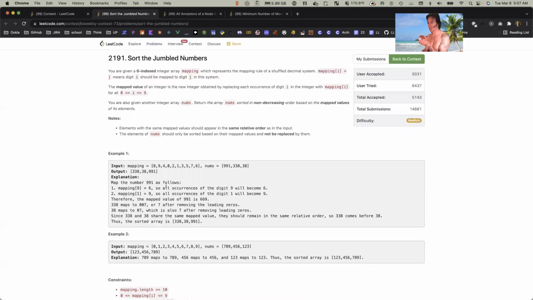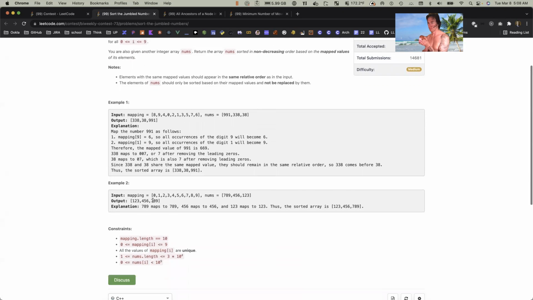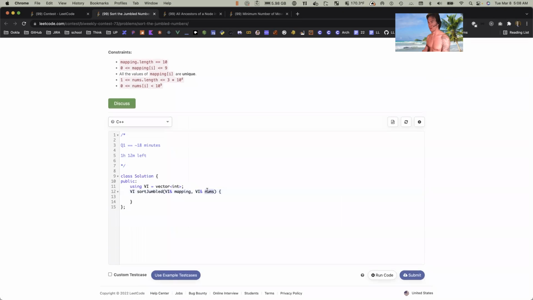Mapping 9 equals 6, so all occurrences of the digit 9 will become 6. 0, 1, 2, 3, 4, 5, 6, 7, 8. Okay, that makes sense. So basically we're just replacing each digit in our array of